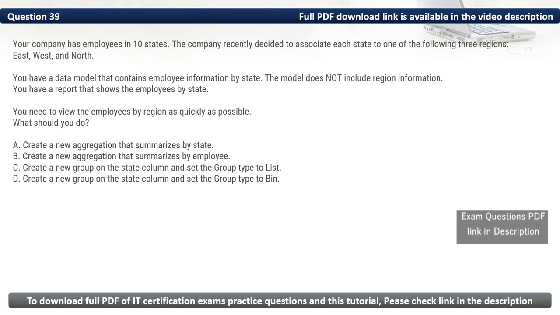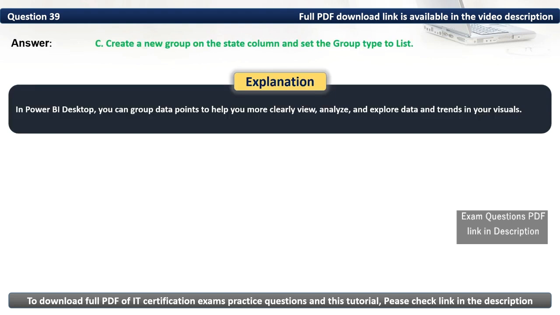Considering that, we should create a new group on the state column and set the group type to list. As such, the correct option is C. In Power BI Desktop, you can group data points to help you more clearly view, analyze, and explore data and trends in your visuals.